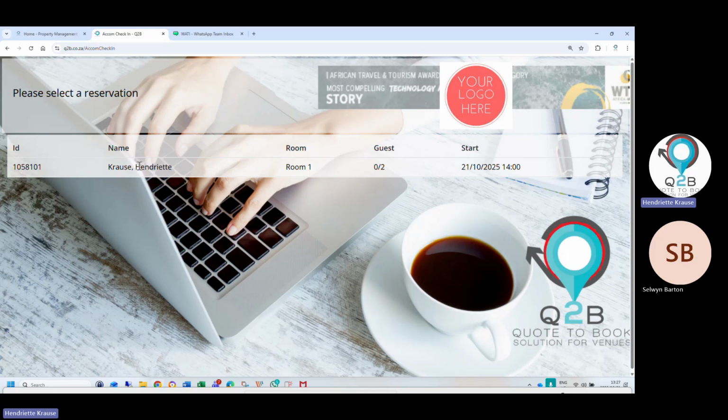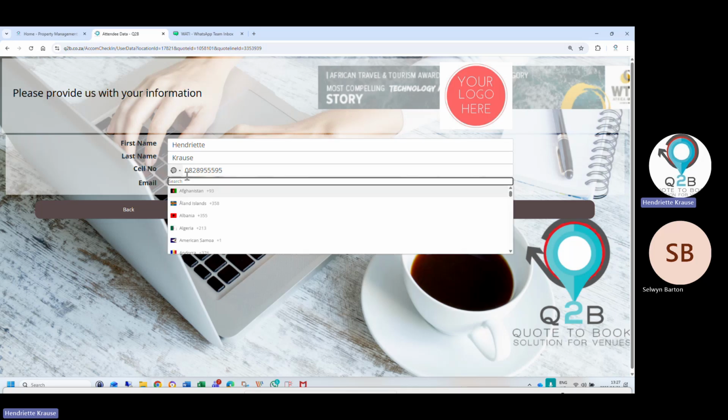We offer it by QR code, so when they arrive, they can scan the QR code and check in like that, or at the reception you've got a tablet or any device. They can have this on the desktop. The client comes in, they click on their name, and they do the check-in app, or also on a pre-check-in link, like I showed you. So you can mail it upfront to a customer, and then the customer can check in before they arrive.